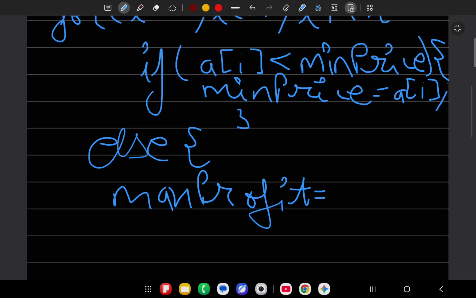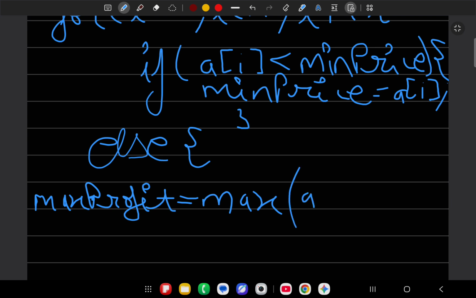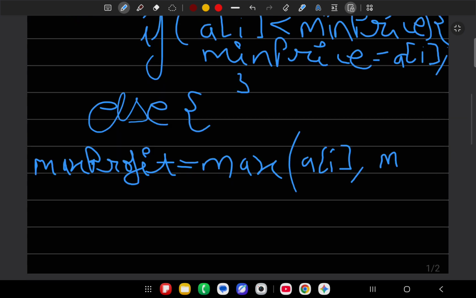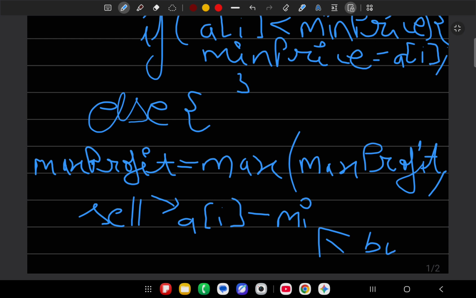We change the maximum profit to the maximum between the variable we are standing at here and the maximum profit itself, that is, check a of i minus the minimum price, the price at which we bought.